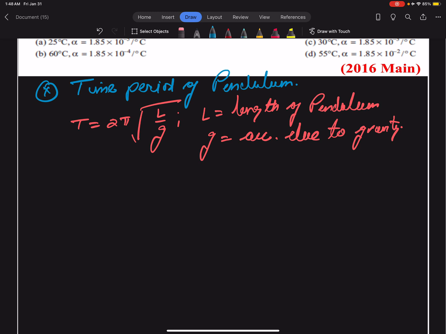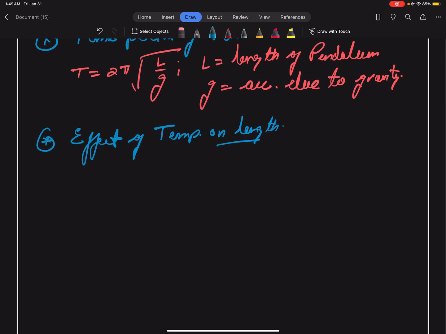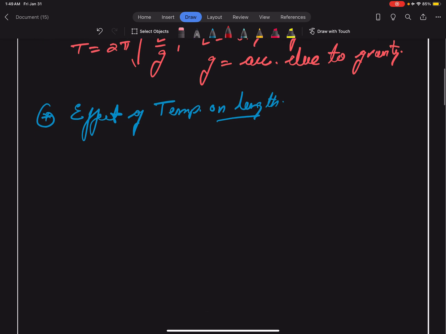And the second formula is the effect of temperature on length, which can be written as L prime is equal to L naught times (1 plus alpha delta T), where L naught is the original length,